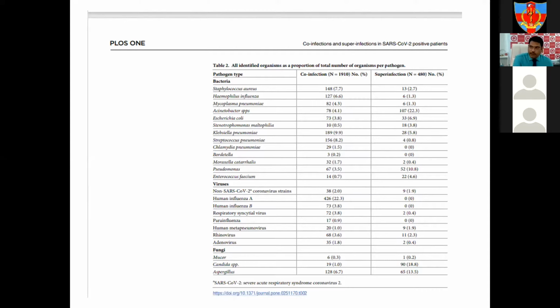And surprisingly, in the Western data and the Chinese data, which was developed during the early first phase of the pandemic, it is all about Aspergillus and Candida rather than Mucor. And Mucor is something which has come to notice in India very recently, probably because of the environmental conditions or the kind of conditions that prevail that facilitate molds like Mucormycosis to infect the Indian population. So what we have seen essentially in the Western data is all the white fungus, the Candida or the Aspergillus. They are the predominant species that co-infected and superinfected COVID-19 patients.